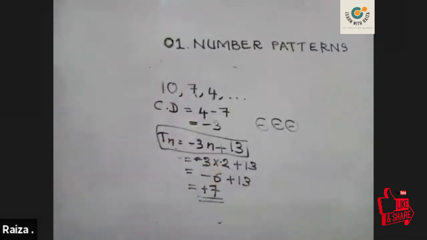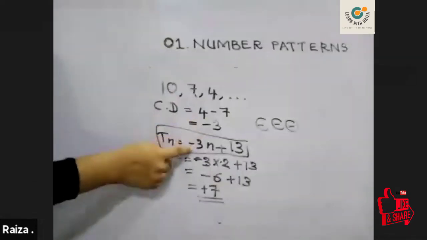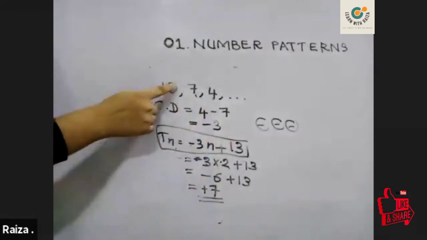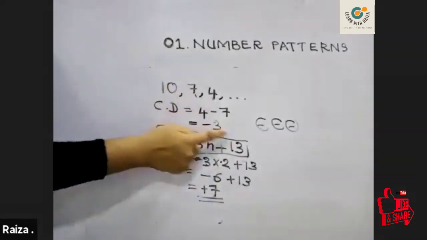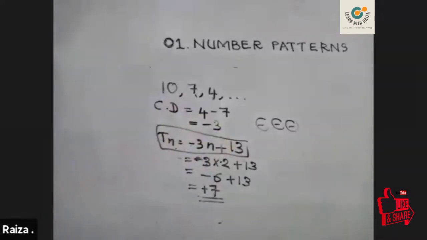So when you're having a common difference with a negative value, no worries. Just write down the common difference multiplied by n, and to find how much more you have to add or subtract, add the first term and the common difference without considering the symbol, then you add it there and check whether you are obtaining all the values of that given number pattern, right?